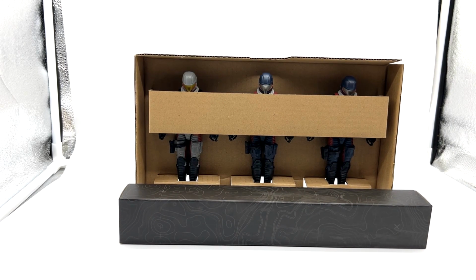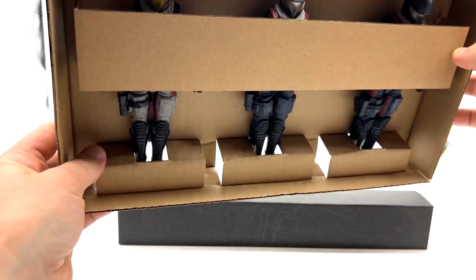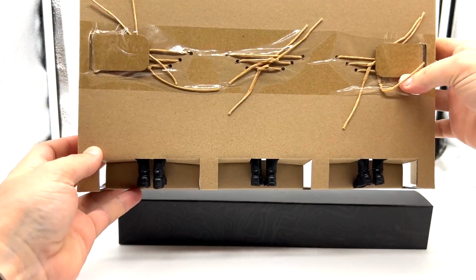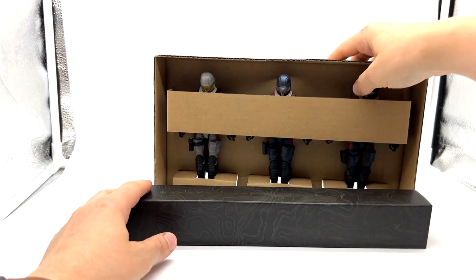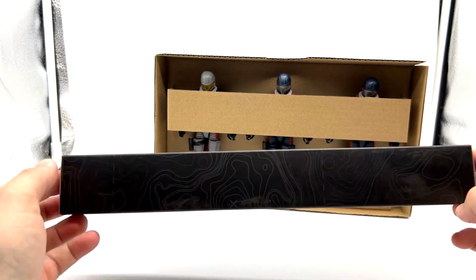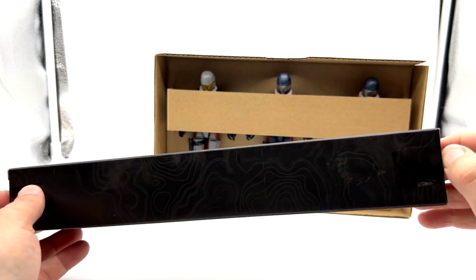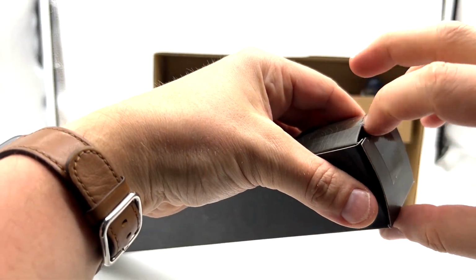Okay, so before I get started, I just thought I'd give you a look at what the actual figures look like inside the box. So here we just have the 3 figures enclosed and tied in. And then we get this one pretty bland, pretty boring box. Don't know why they didn't do it like an ammo cache like we got with Sergeant Slaughter. And then inside that,